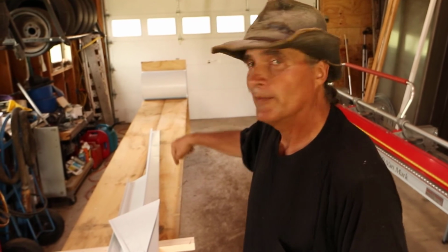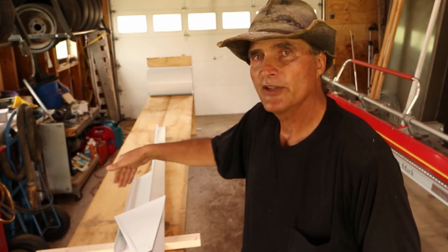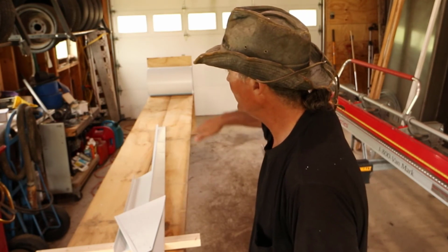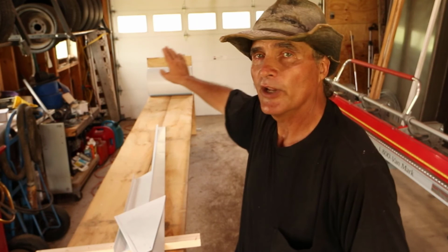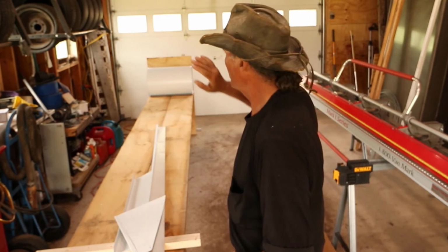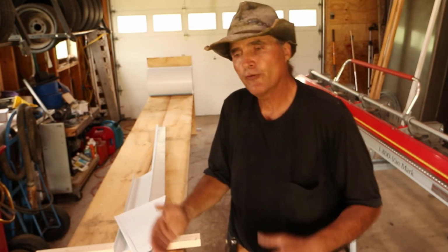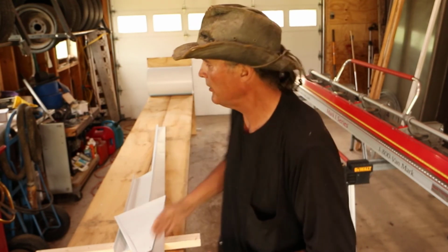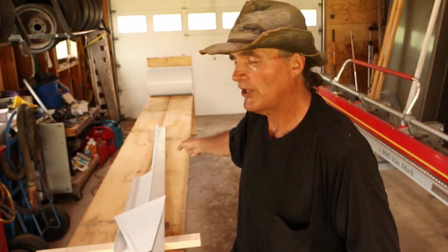I used 2 1x12 rough cut lumber, screwed to multiple pieces of 2x3s all underneath it, set on top of a couple of short horses. I put a piece of plywood at one end so that when we're rolling it out, that roll wants to keep going, so it stops it at that end. I put a stop at this side that is perpendicular to the center line or the edges of this working